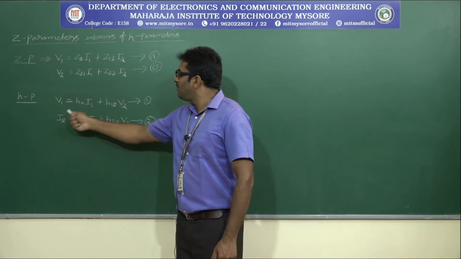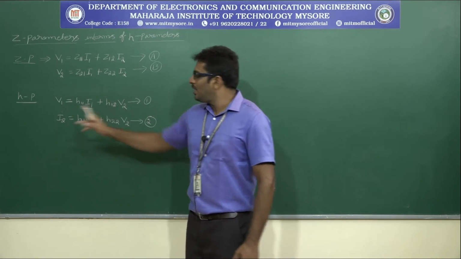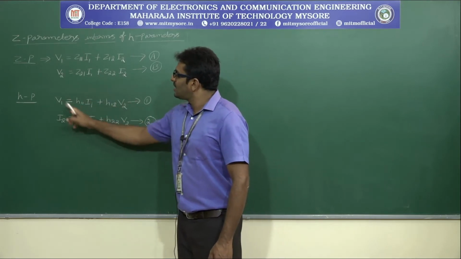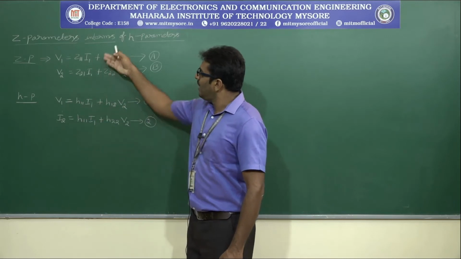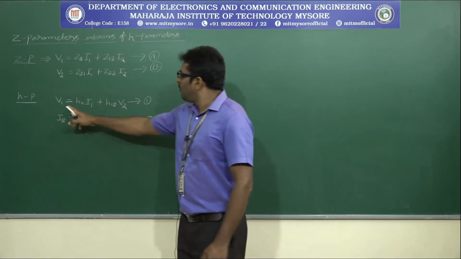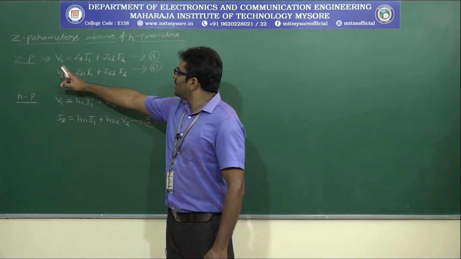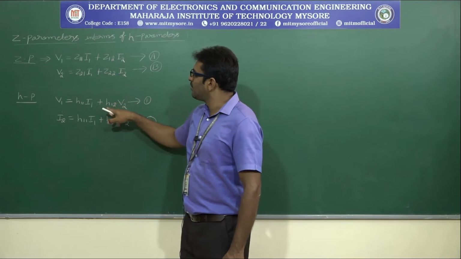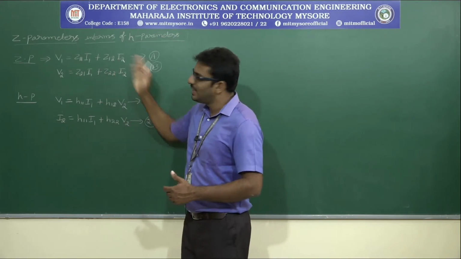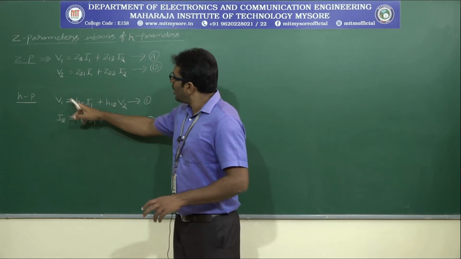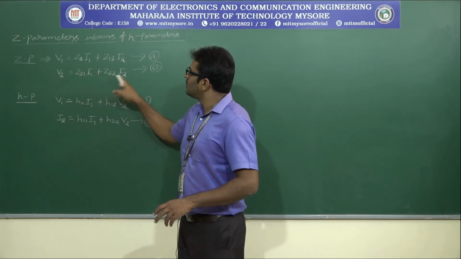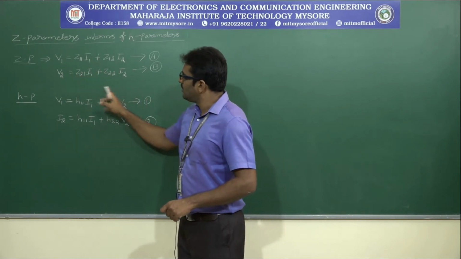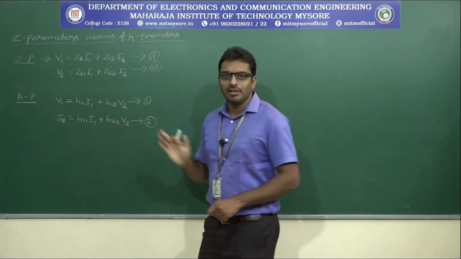What are the variables? V1, I1, V2. V1, V2, I1. Just verify whether these three variables are present in any one of the equations. See, V1, V2, I1. V1 is there, V2 is not there. So, it is not possible to consider this equation in order to express in this form. Similarly, again there is no V1 term in this equation. So, it is not possible to consider equation 1.